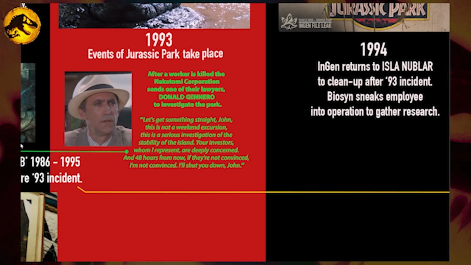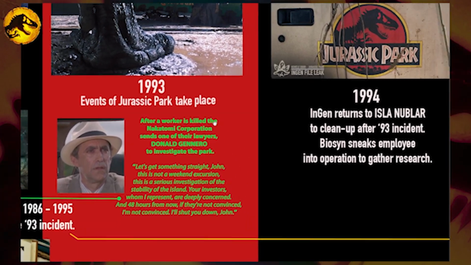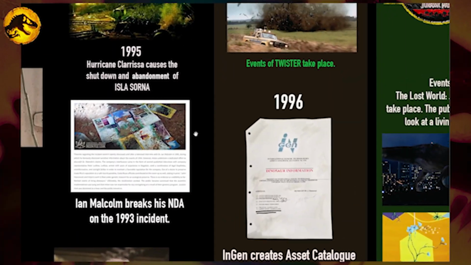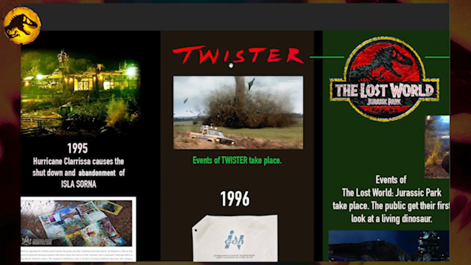So that is that for the headcanon there. So then we go to up here, Twister in 1996. The movie Twister is probably the best contender for a spin-off film of Jurassic there is. It's the one that kickstarted this little headcanon game that I play with myself, where I'm like, ooh,